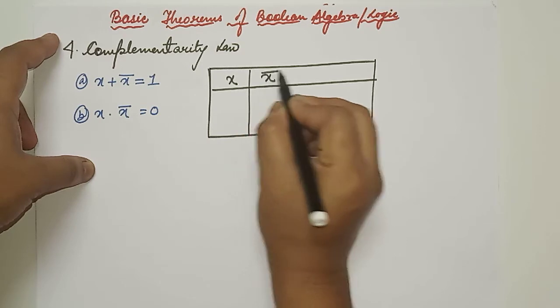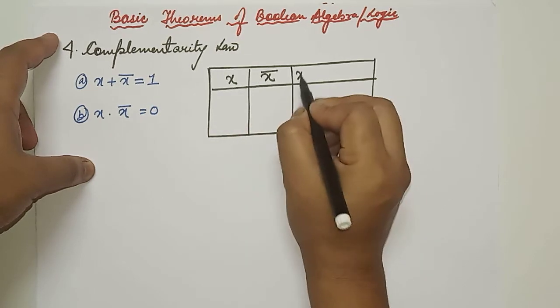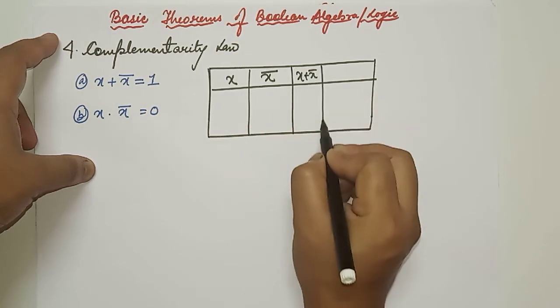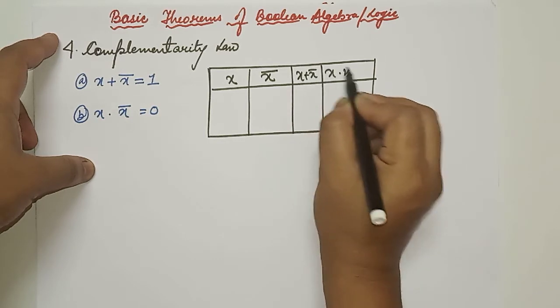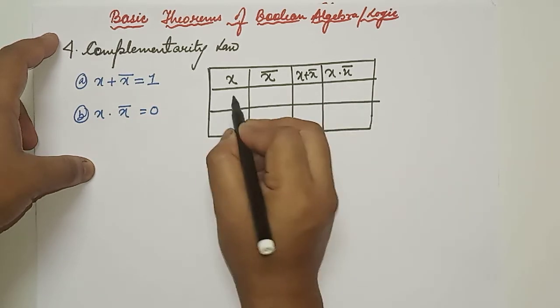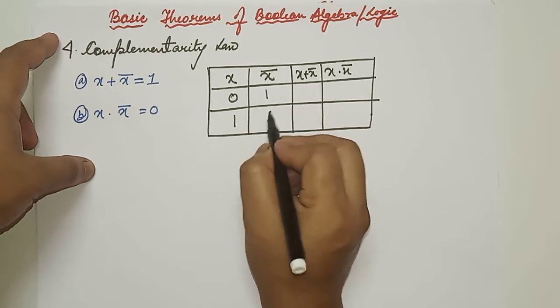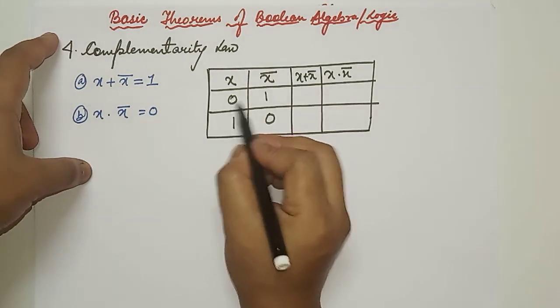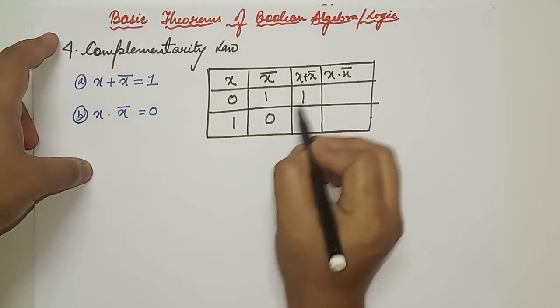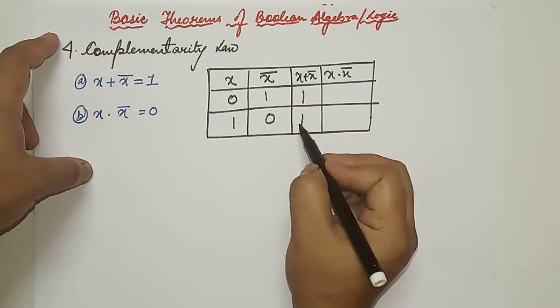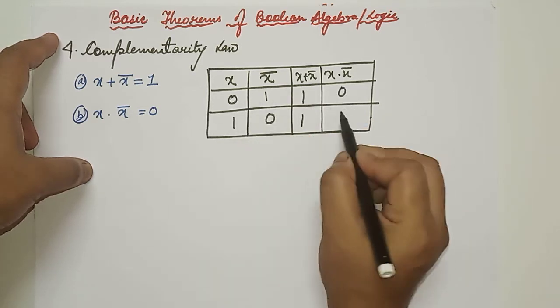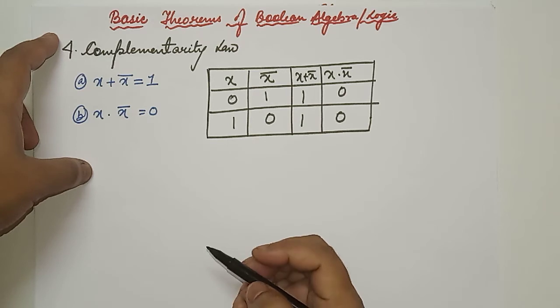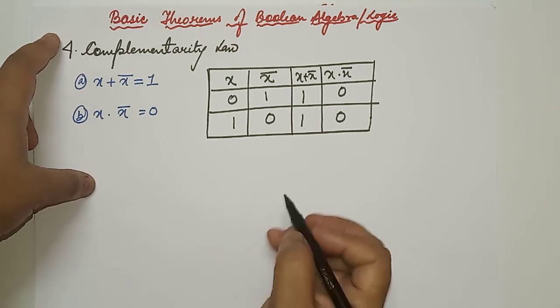X bar, x plus x bar, 0 1 will be 1 0. Now if we add, we will get the answer as 1 only, but if we multiply, we will get the answer as 0 only. Okay, so